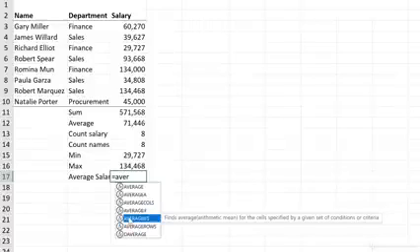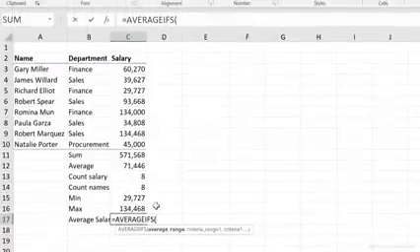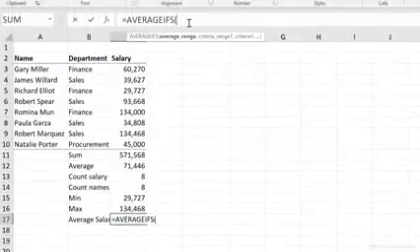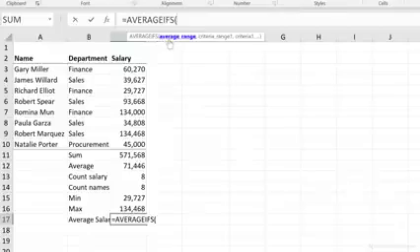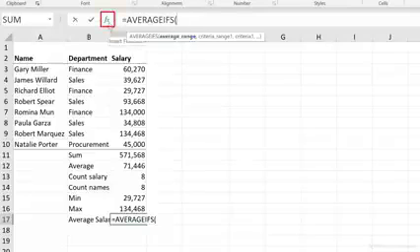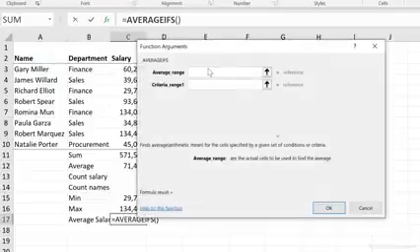Now let's say I'm interested in this because I might add in other columns here and I might want to have different conditions. So I'm going to double click this, or you can press tab. And then let's go to the formula bar and see what we need. It says we need average range, criteria range 1, criteria 1. Now all of this doesn't really mean much to me if I'm new to Excel. So here's what you can do. Click on this button. That's the insert function button, and it takes you to this dialog box,